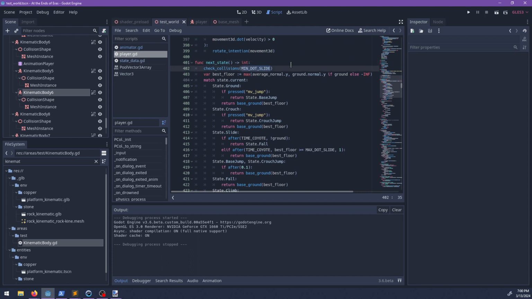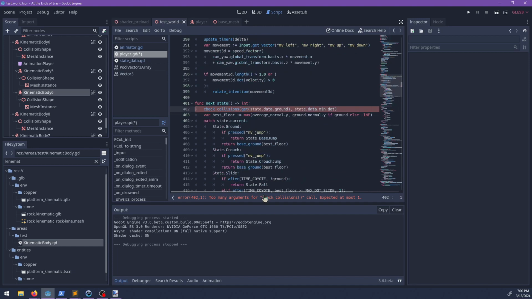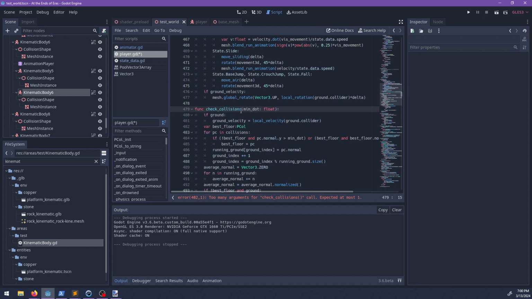Check collisions, get state data ground, and then like state dot data dot min dots. Okay, so now we're gonna have, because we're gonna have here like fallback area